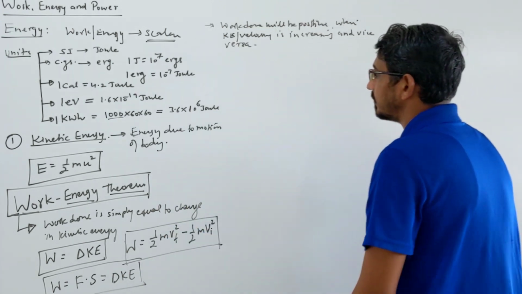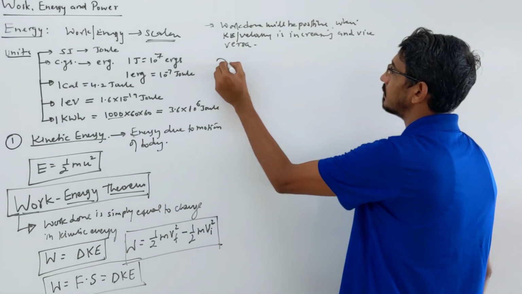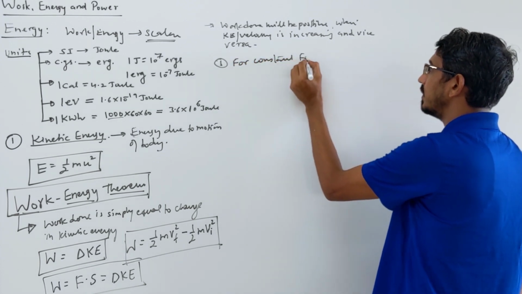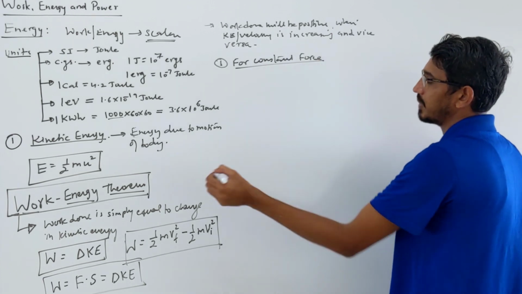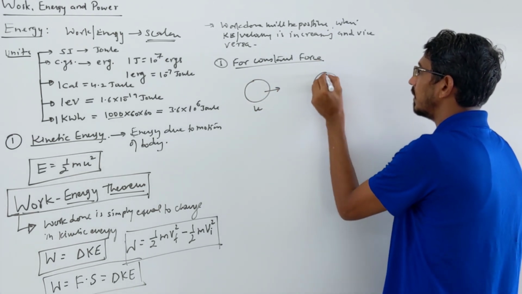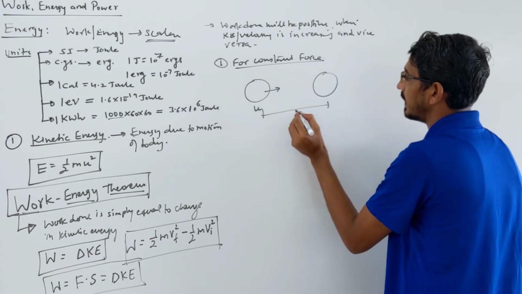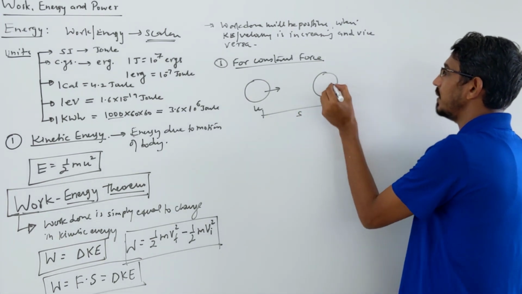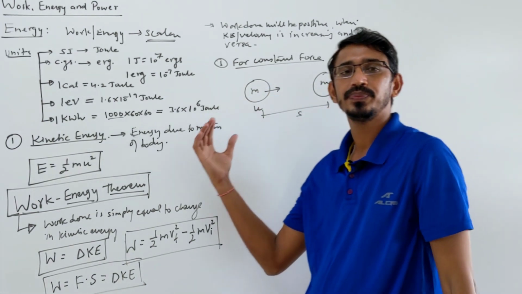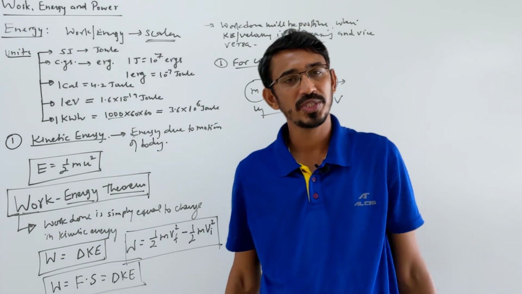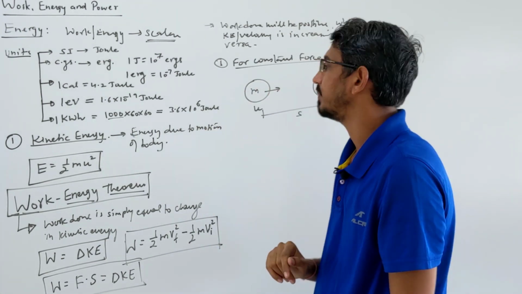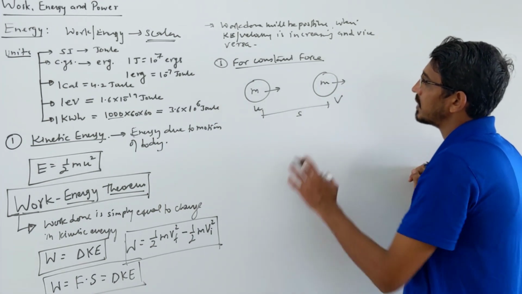So let's see. Suppose we take the example of a constant force. If the force is constant, can you apply this theorem? How does this theorem come? Suppose there is a body here with initial velocity u moving in this direction, and after some time it travels some distance, let's say s. Its velocity becomes final velocity v, correct? This is a mass M. This v may be more or less than the initial one, we don't know, okay? We don't care. We want to calculate the work done here.